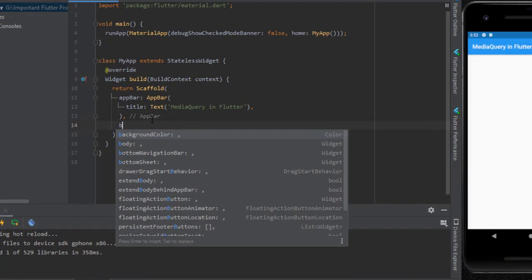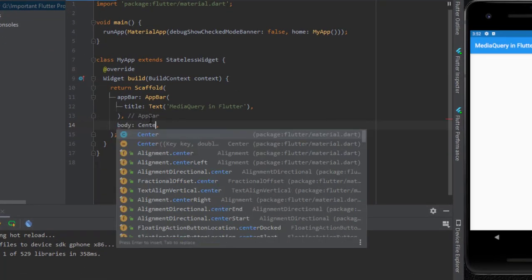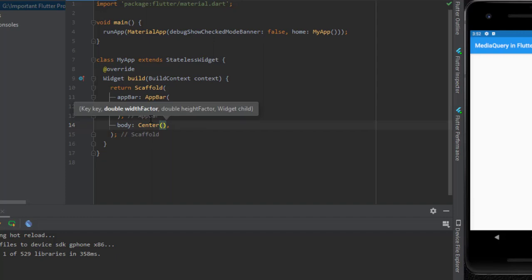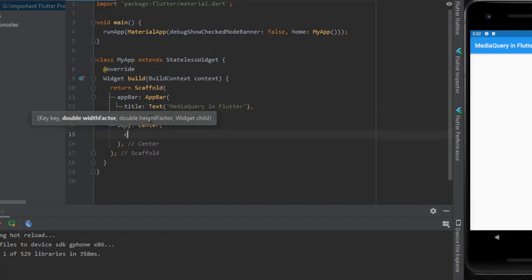For that, in the child Center, I will check the orientation and display the text as per the ternary operator.